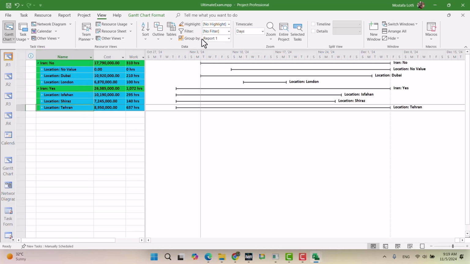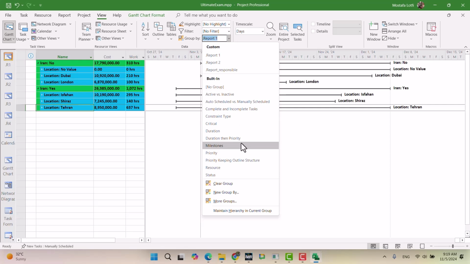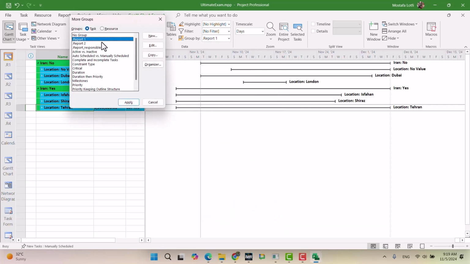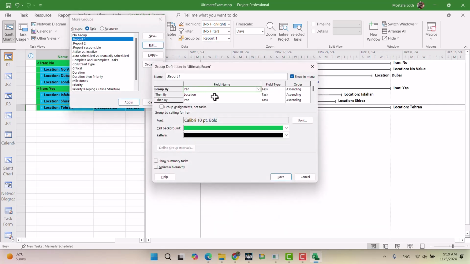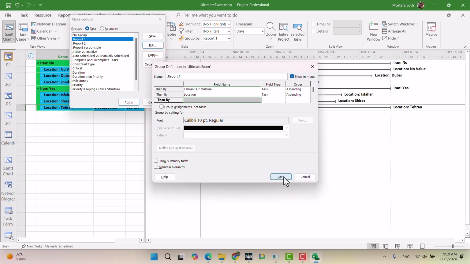I think I can merge, but I'm not sure it would be nice. Iran, I don't need this one. So Iran, then what was the Tehran, then location. Okay,